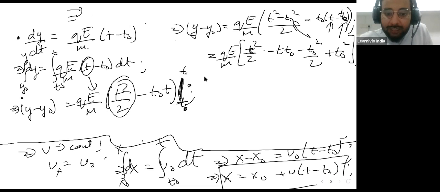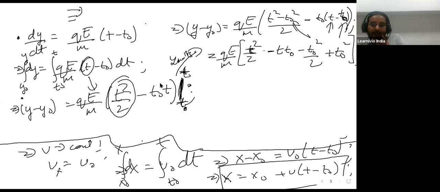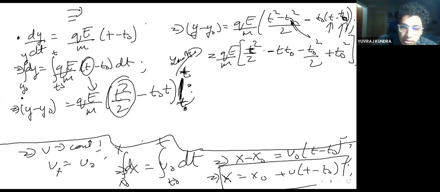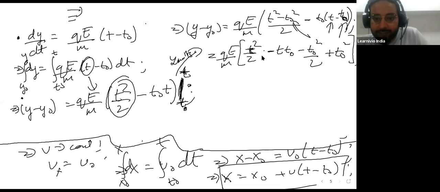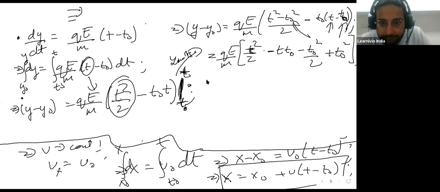So then I'm putting the limits here. I put the limits here. So first we put the t value, minus the t naught value, so T minus T naught comes individually, and that integrates individually. Then T naught times T minus T naught. Make sense? Yes sir. Lovely.